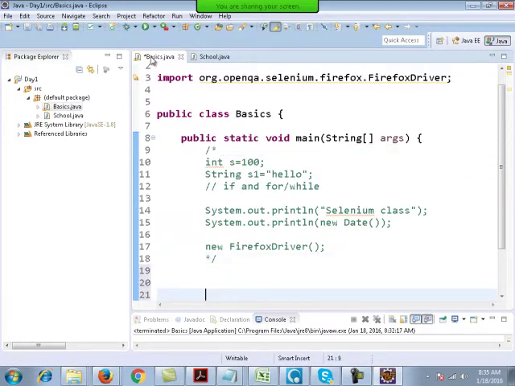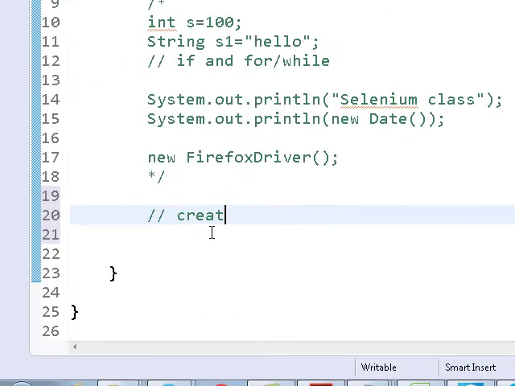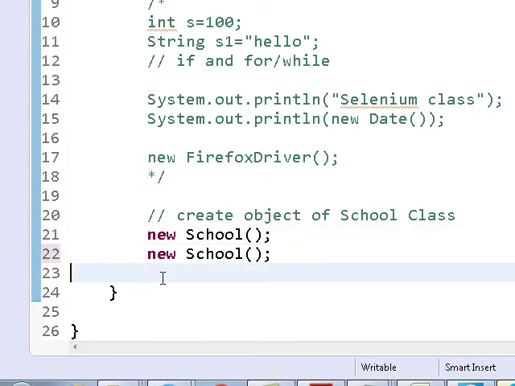Over here I'm going to create an object of the School class. How do you do that? You write new School. Many of you must know this. You can create many objects of this class.